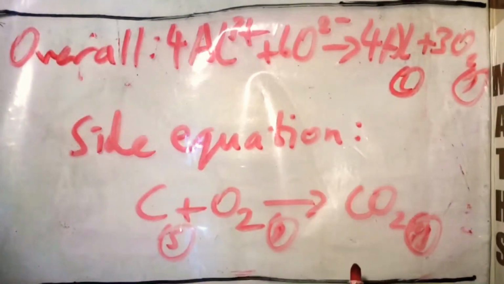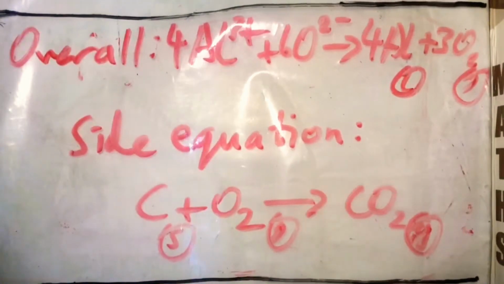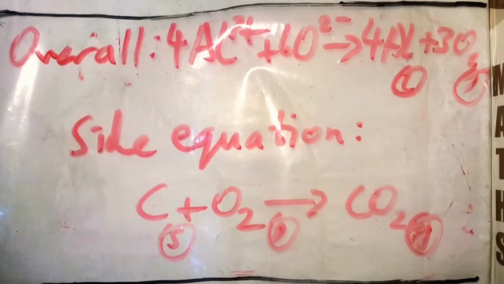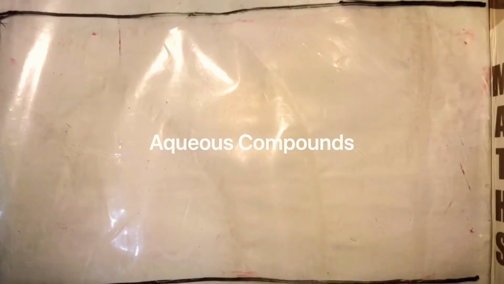Now carbon dioxide escapes, the graphite anode corrodes and it has to be replaced periodically. Electrolysis of aqueous solutions occurs according to the reactivity series or the electrochemical series. For metals, the series is